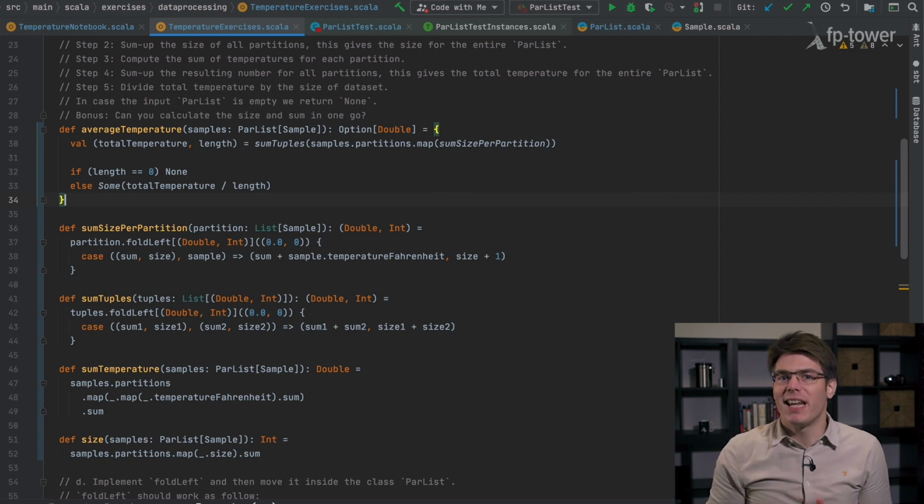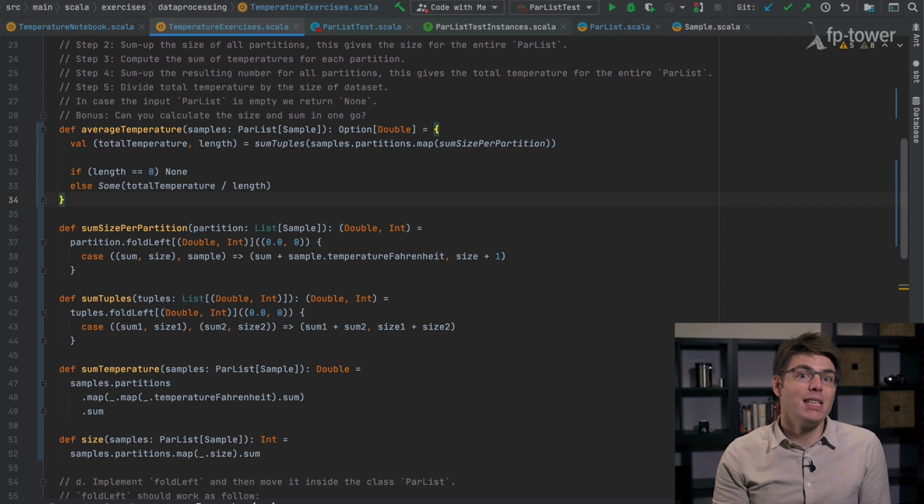I strongly recommend extracting each fold into a separate method, as we did here, because it makes the code more readable, because we clearly see the input and output types. This is generally a good pattern to follow whenever the code becomes too nested or complex.